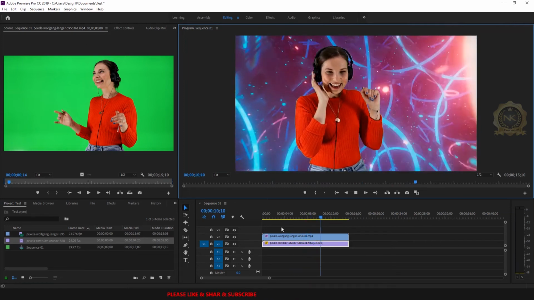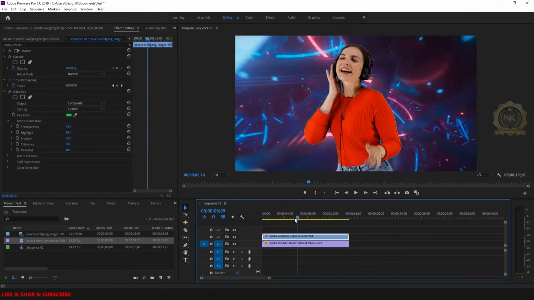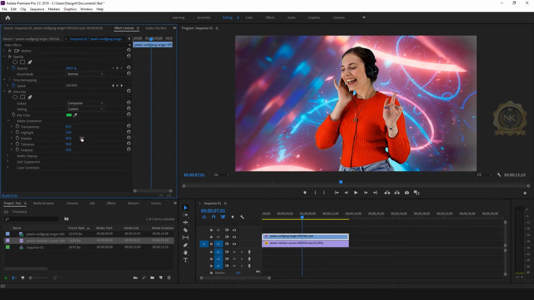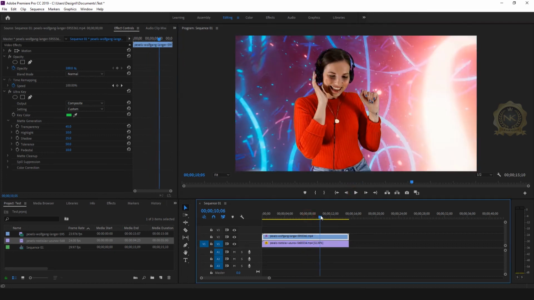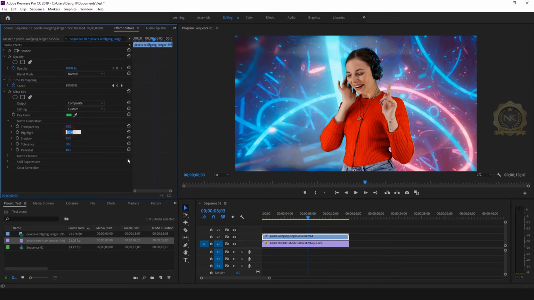Now select the source video. Go to effect control. See, this is the shadows. Now you can find the difference. See, this is the highlight. See, the background was a little dull. This is transparency. This is